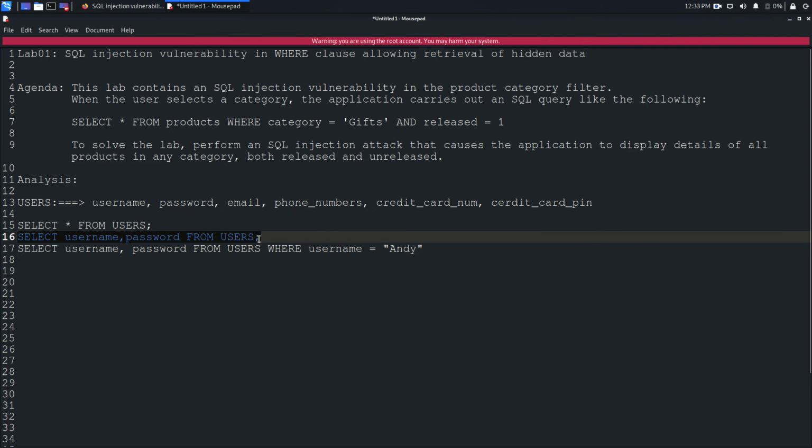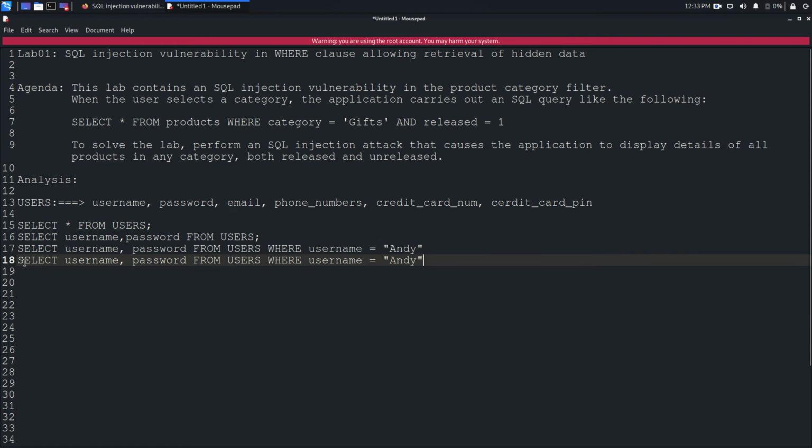It will show us all the usernames and passwords inside the users table, and this query will show us only the data of the end user. We can also put a query like this. Suppose username is equal to ND, show me username, password, and we can say